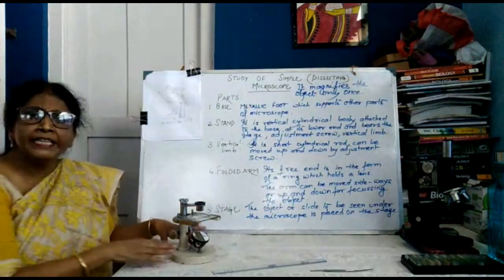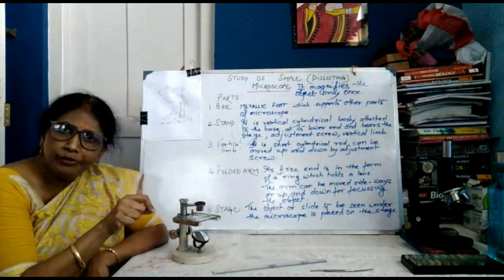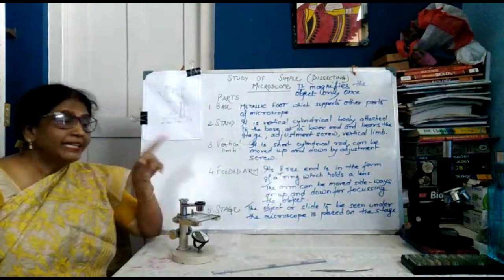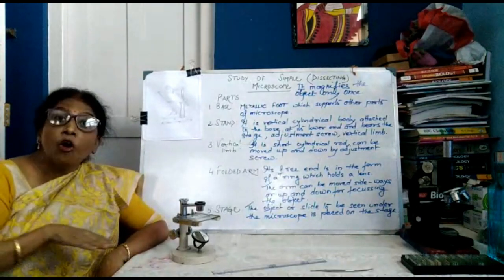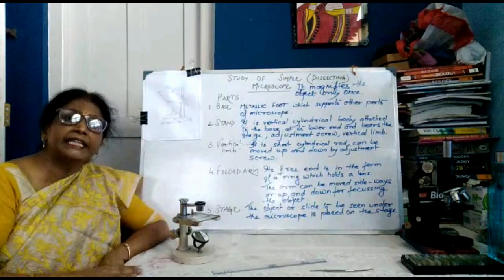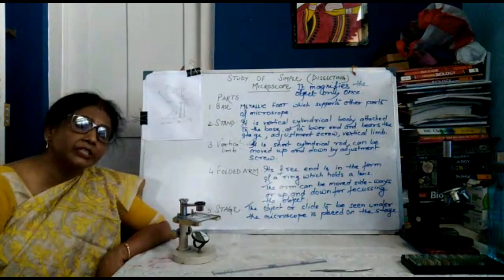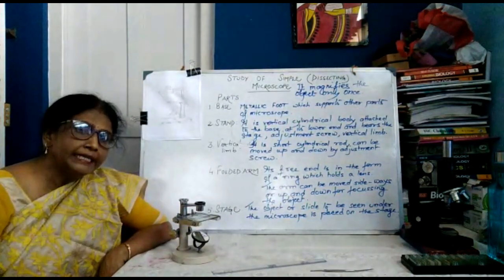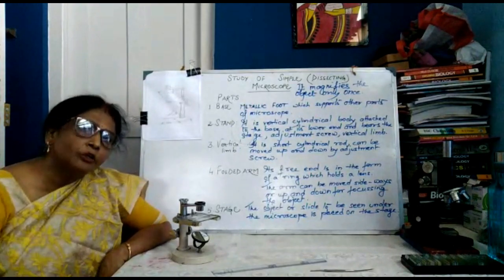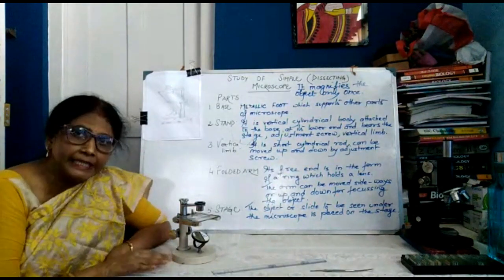Okay. So in a simple microscope, we can see only the outline of the cell, the nucleus, and parts like the vacuole. But in a compound microscope, we can see the other organelles present in the cell. We can see the chromosomes inside the cell in high power, that is 100 magnification of the objective and 10x of the ocular lens. Then the magnification comes to be 1000. At 1000 magnification, we can see the chromosomes under the compound microscope. But in a simple microscope, we cannot see that.